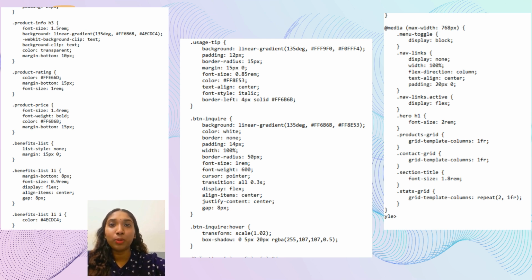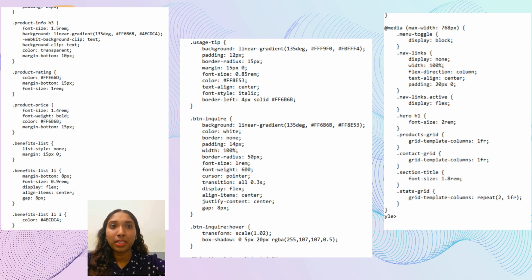Now let's take a look behind the scenes at our actual source code and style sheet architecture. We built sweethealth.com using clean, semantic HTML and modern CSS3 to match our bright and healthy brand identity. We heavily customized the visual elements. If you look at the styling block, we coded a unique colorful gradient scroll bar, customized button styles, and added a glassmorphic blur effect to our statistic cards.